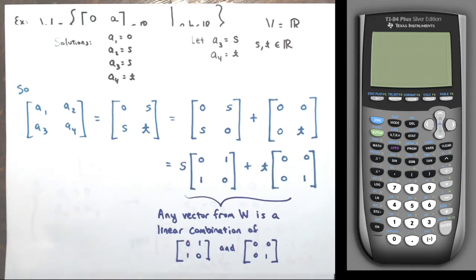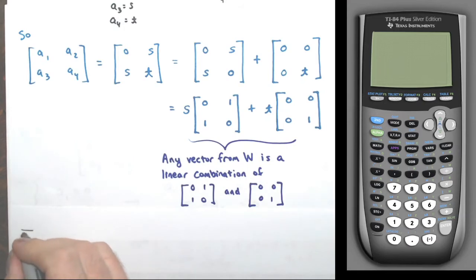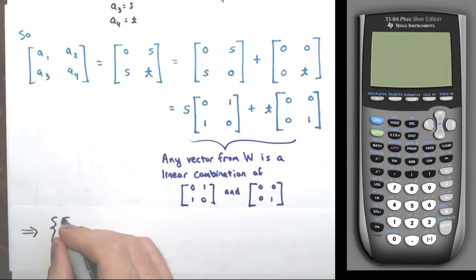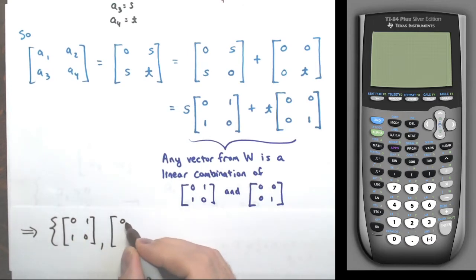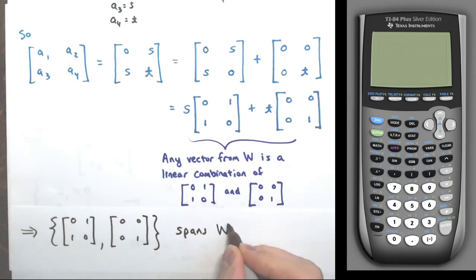So what that tells us is that this set of vectors spans W, right? This tells me that the set of these two vectors, that 2 by 2 matrix 0, 1, 1, 0, and 0, 0, 0, 1, tells me that this set spans W. Right? Every vector in W can be expressed as a linear combination of these two. So check on that. Additionally,